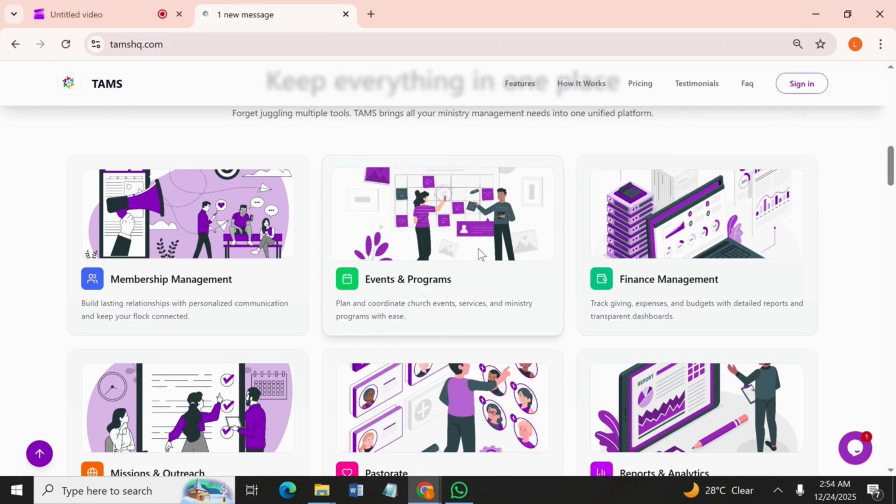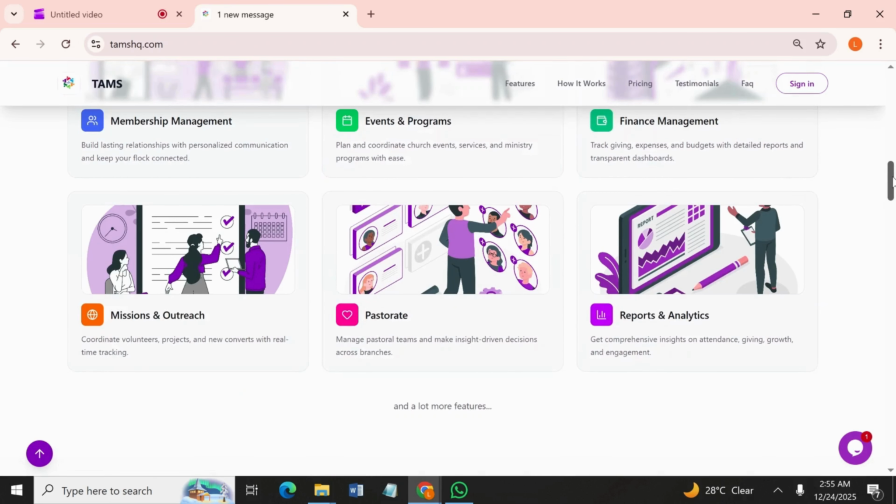you don't have to use another platform. It's a full on events management platform. That's the TAMS events module. It's a full event management platform. If you have an event that requires registration from the TAMS events module, you can simply copy a link, send it across to your members or the people that are going to be attending the event, and they can simply click on that link and register. So it functions properly as an event management service.